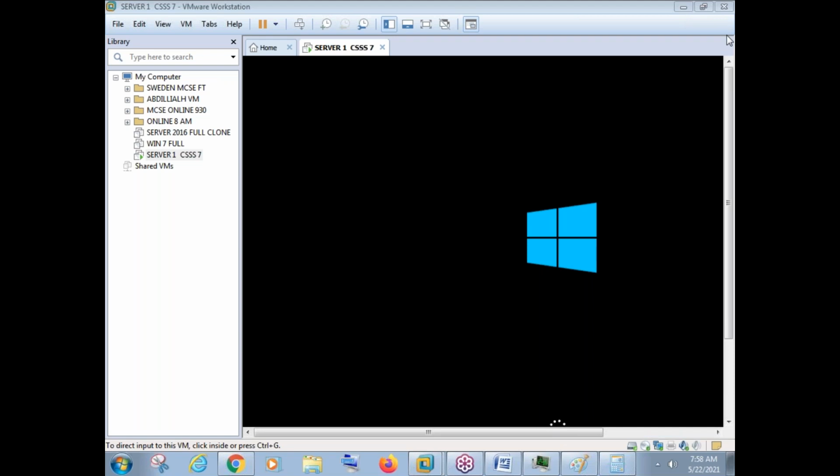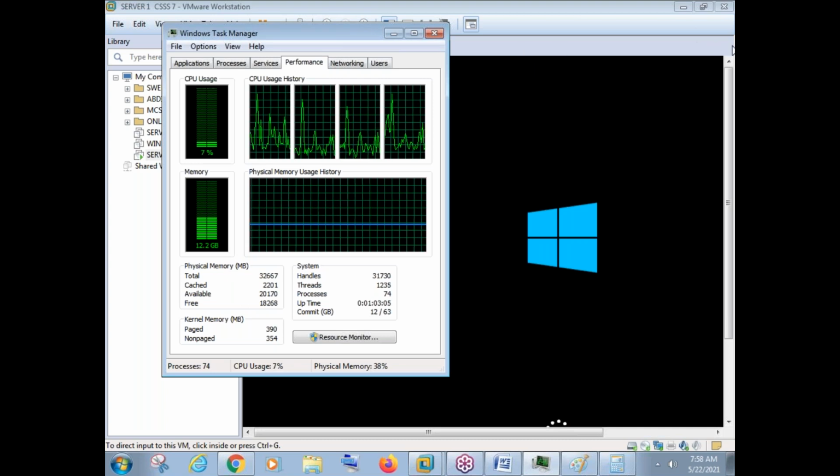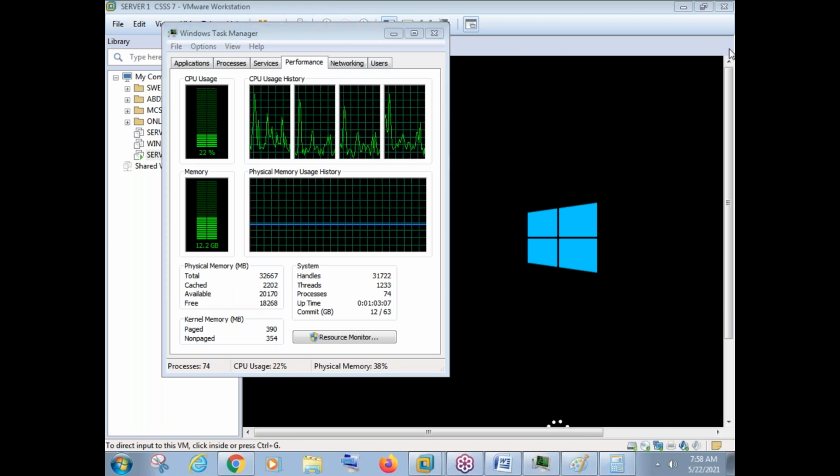So anyhow, we have successfully installed the operating system here. See, the machine is rebooting now, and let us go and check how much it has used. See, it has used 12 GB RAM now. It has used the complete RAM, whatever we assigned it. But no need to worry, guys. In case you assign 2 GB RAM to your machine, it will use only 2 GB there. It will not use 8 GB. I assigned 8 GB here. That's the reason it is using 8 GB. If someone assigns 4 GB RAM, it will use only 4 GB. That's it.